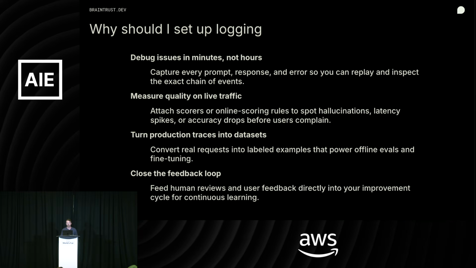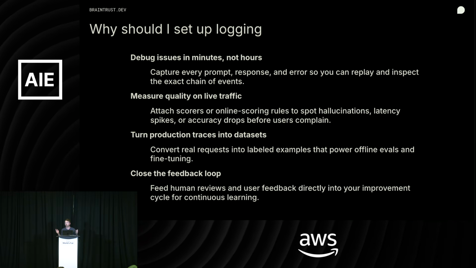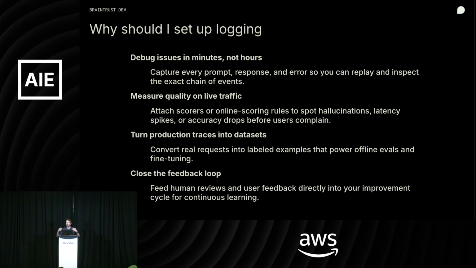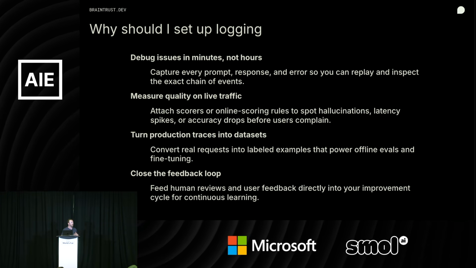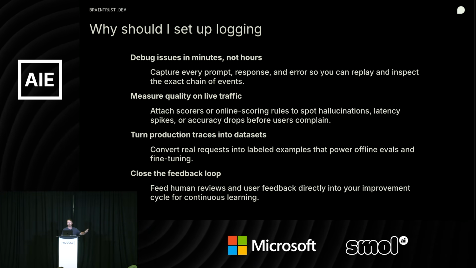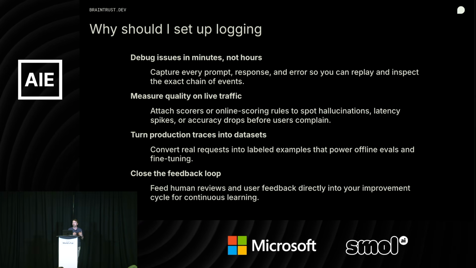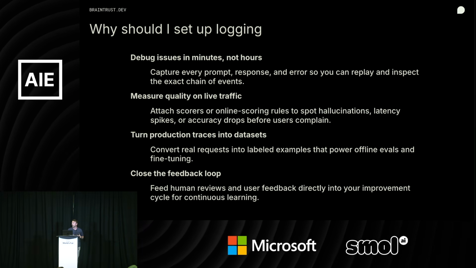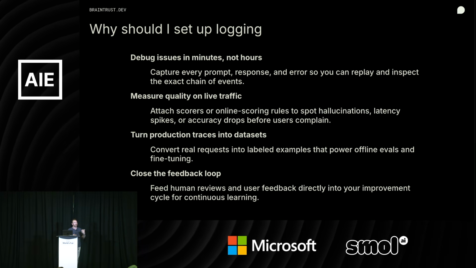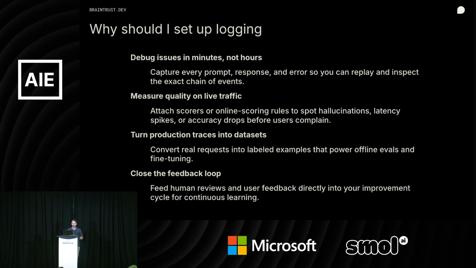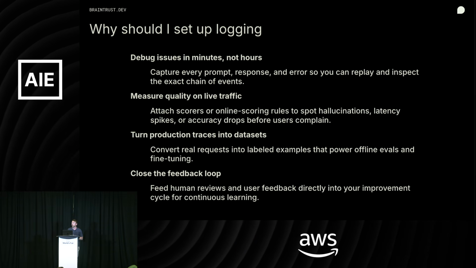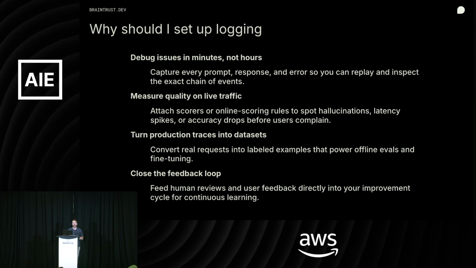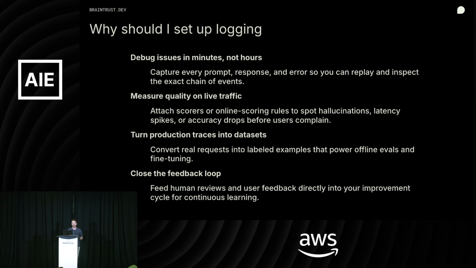But why should you do it? I think I've probably said it numerous times here, but we want to measure quality on live traffic. We actually want to understand how well our application is performing with those scores. Really great to use during offline evals, it becomes our aid in ensuring that we build really good applications and that we're not creating regressions, but also really important to monitor that live traffic. The other really important thing to call out, I think, is that flywheel effect that it creates.